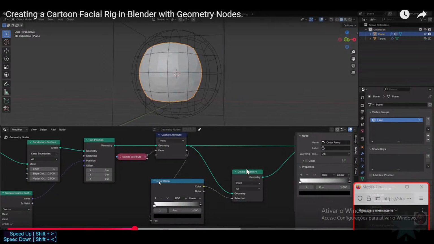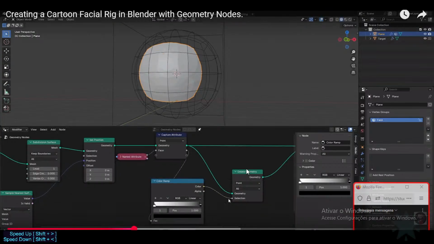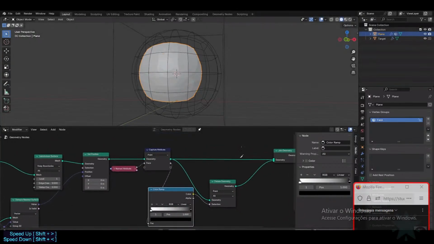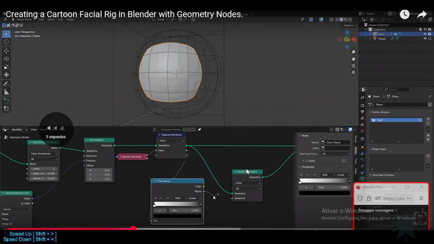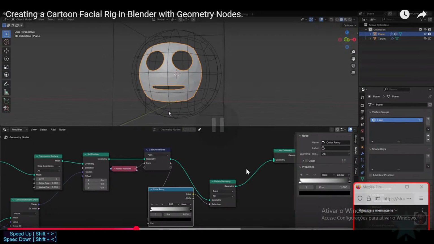I don't know what this is doing, it's not showing. Selection, delete the selection. It's deleting a